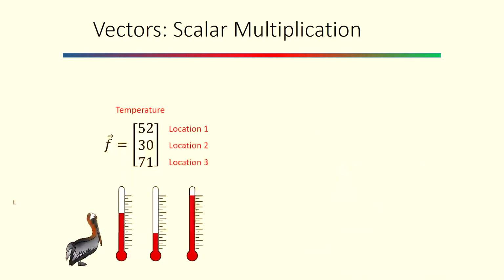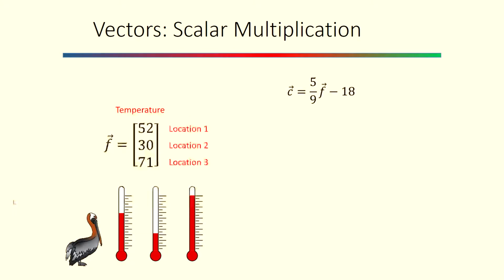We can also combine scalar multiplication and addition. Let's go back to our example of measuring the temperatures at 3 different nesting sites for brown pelicans. We all work in the metric system, of course. But let's imagine that your friend went out to collect measurements for you one week and only had a thermometer that read in Fahrenheit. Well, we know that we can convert from Fahrenheit to Celsius by multiplying by 5/9 and